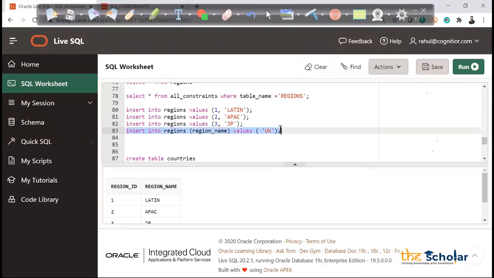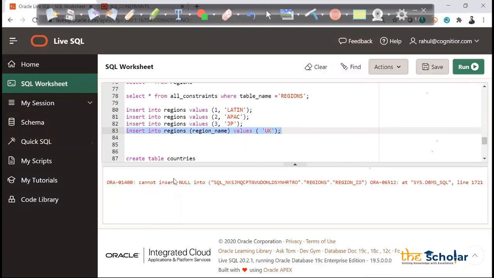Now the question arises, will I be able to insert it? Let's try to execute this. You see that it cannot insert null. Getting it? So if you are creating a primary key column, it cannot be null. You have to put something here.